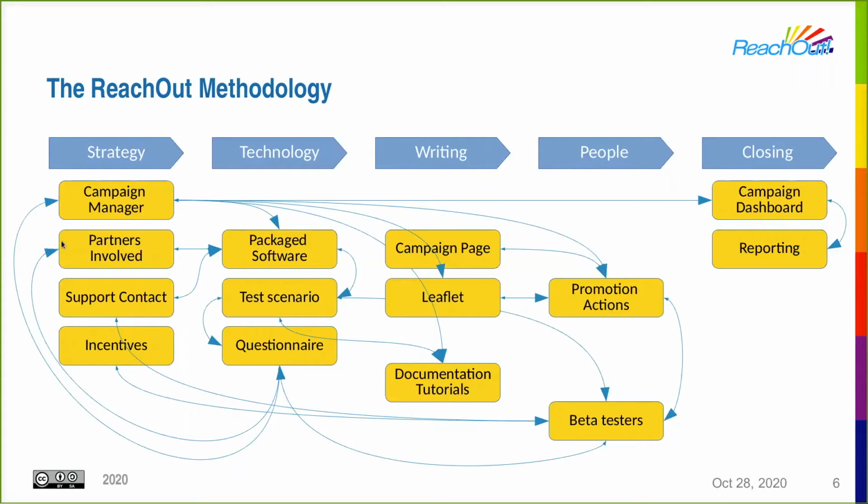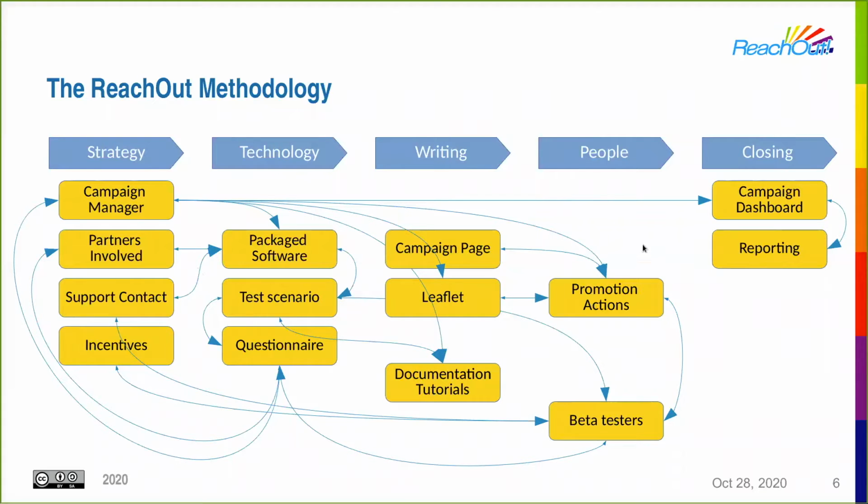So basically, it's all about, first of all, the strategy. So deciding what the objectives of the campaign are, discussing with the partners. Then it's about technology. So preparing the software for beta testing, the scenario, the questionnaire. Then it's all about writing documentation and communication material so that the beta testers will be made aware of your campaign. And then there's the actual campaign itself with promotion action and reaching out to beta testers, engaging with them. And finally, you have a last step, which is getting the results, making something out of them, and producing